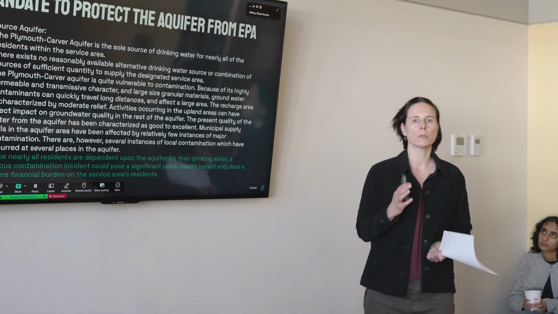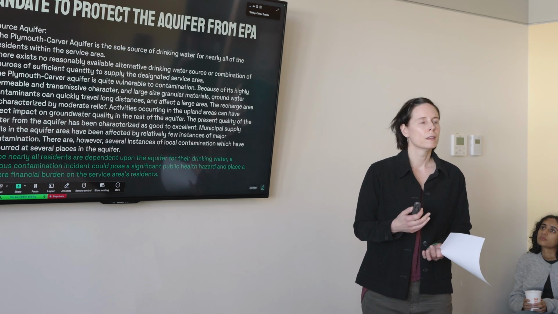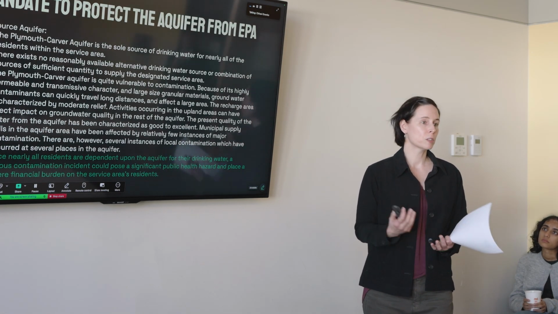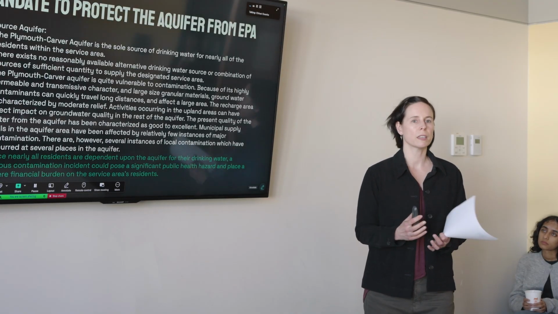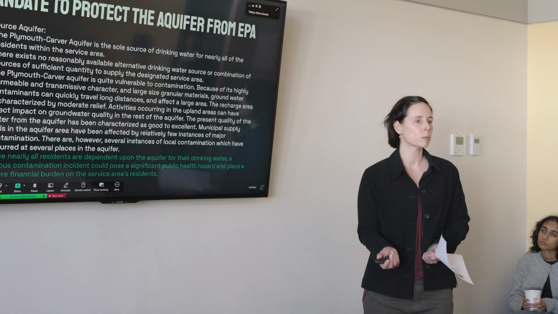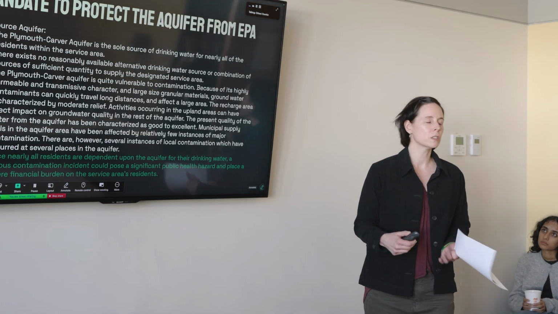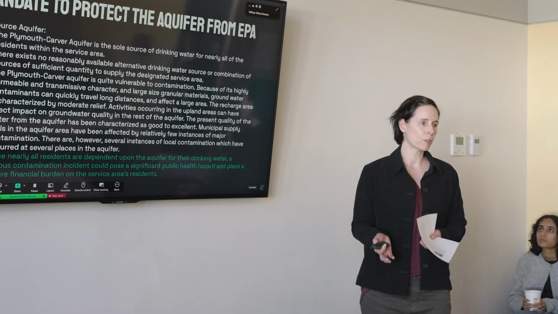Every resident of Carver has a private well, except for up in North Carver. It's up to each individual homeowner to protect their drinking water source because there are no laws protecting the zone of influence for everyone's private well. It's only when you get into municipal water supply systems that the Zone 1s and Zone 2s are protected from development. Private drinking water wells are not protected from development.